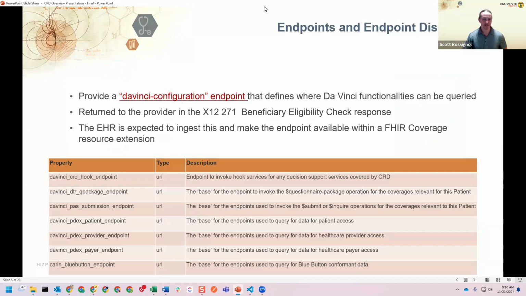All right, let's talk a little bit about endpoints and endpoint discovery. Endpoint discovery is a concept within the Vinci HREX guide, but CRD relies heavily upon this concept. The Vinci configuration endpoint is a tool that payers can use to make available all of the URLs that they use for Da Vinci implementation guides. Payers can do this through a single location, which allows providers through an X12 271 to obtain this URL